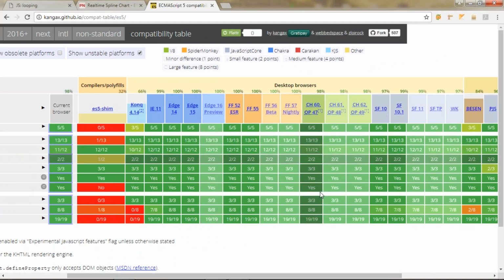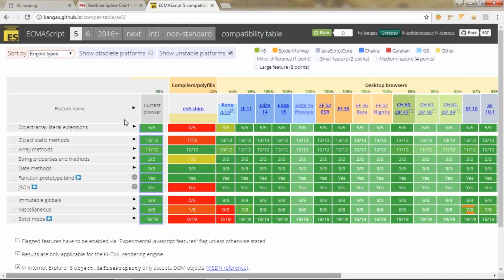Now let's see, I'm talking about ES5 features. The Chrome browser supports all the ES5 features. Of course, if you find some light green, it means it's partially supported. See, only 98%, and you get something like 100%. You can find the engines that we discussed at the start of the program: the V8 engine, SpiderMonkey, Chakra for IE, and JavaScriptCore, KJS, and others. This is for ES5, and if you go for ES6,